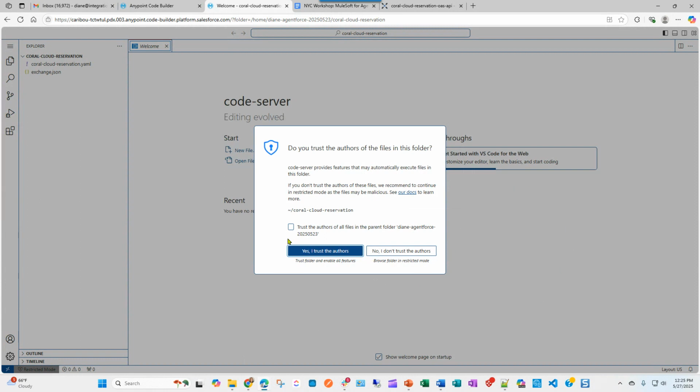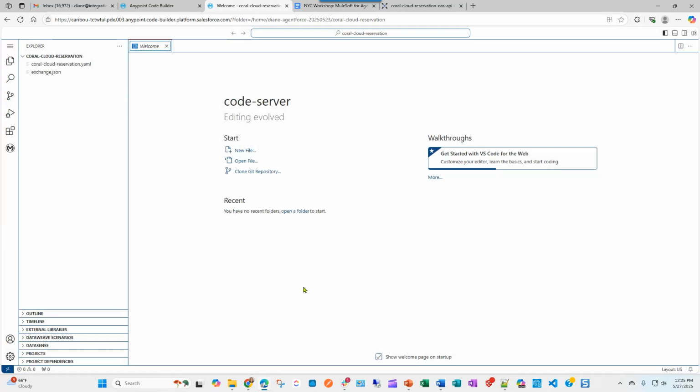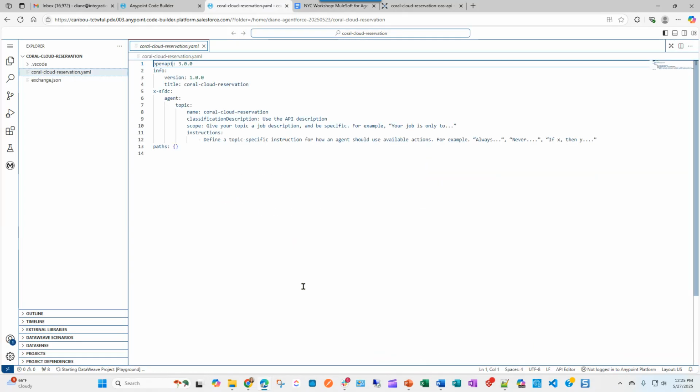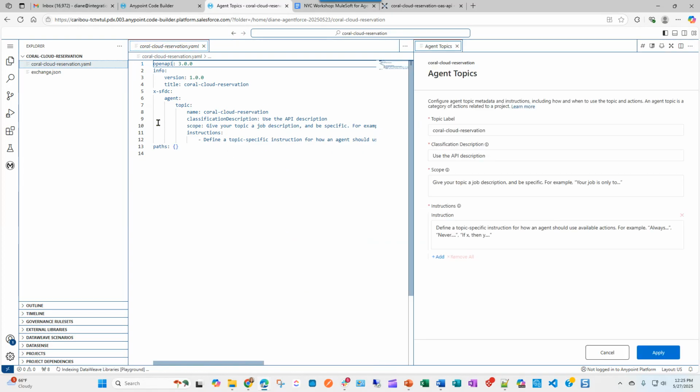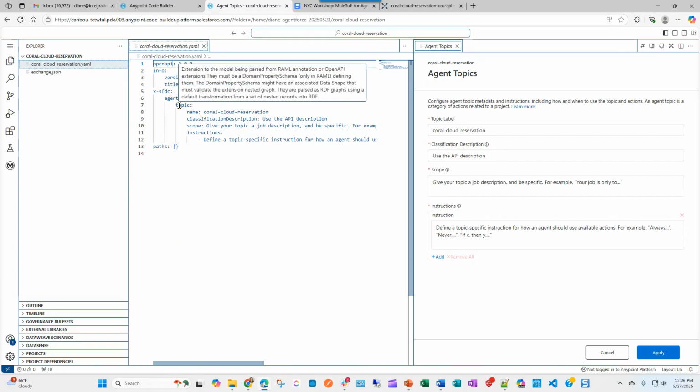Okay, and you might get a pop-up here that says, do you trust them? Go ahead and click on Trust the Authors. Yes, I trust. Okay, and it's going to continue to build out our specification view here. So notice that we have automatically populated a top element here of an x-SFDC tag. Okay, so that's salesforce.com. And we also can see that we have an agent listed there and the topic details